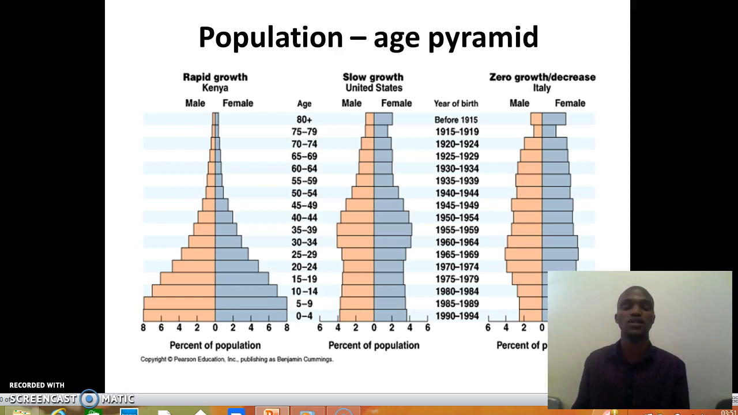Here are the age pyramids of different countries. Here we have that of Kenya, here we have that of USA, and here we have that of Italy. Kenya, as we know, is a less developed country, therefore we have many young people as compared to older people. Whereas in a developed country, young people are more equal to older people,